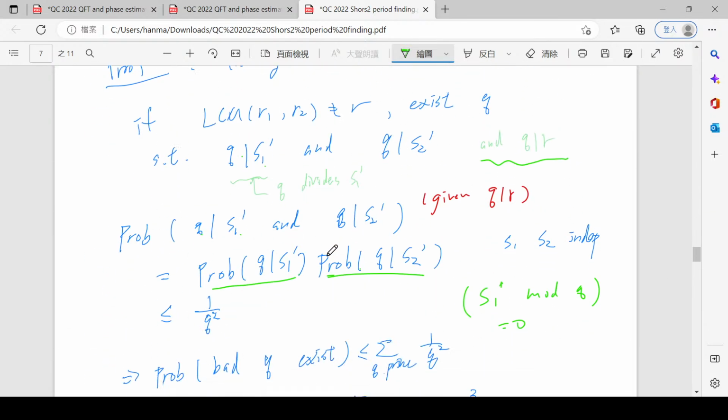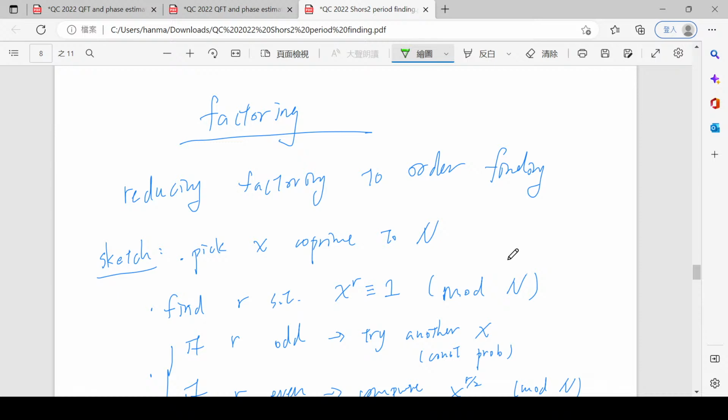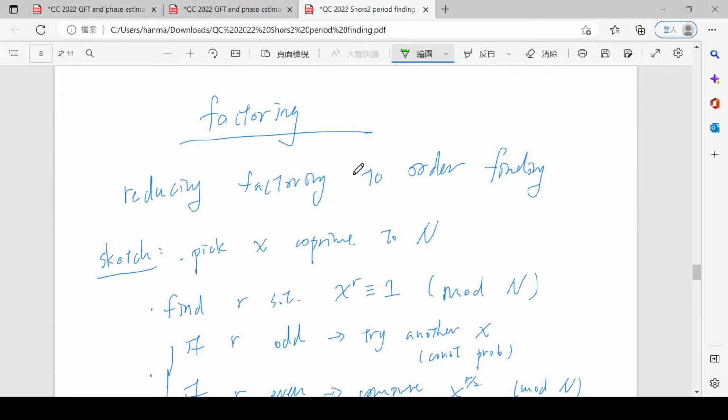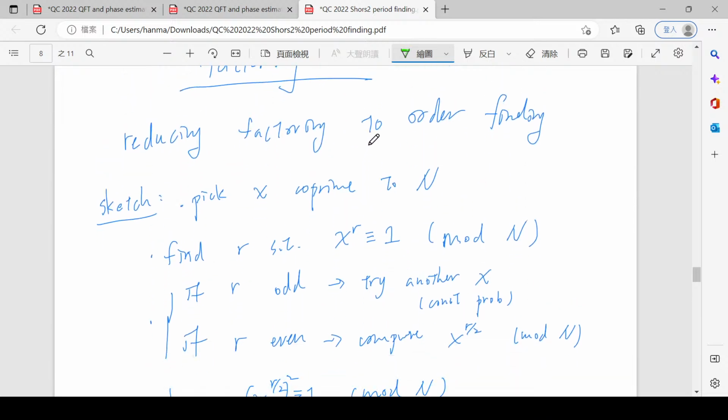Anyway, then let's actually do factoring. So with order finding, how do we do factoring? This is totally classical number theory calculation now. Okay, and it's a bit complicated. So we want to do factoring. So now big N is going to be the number we want to factor. So it's actually probably not prime. But anyway,